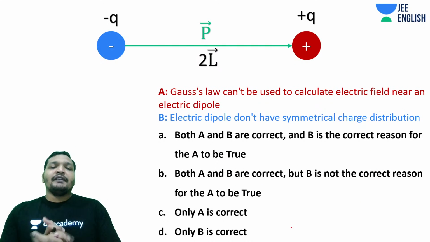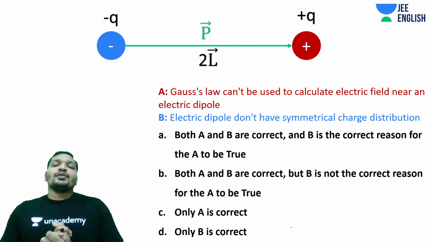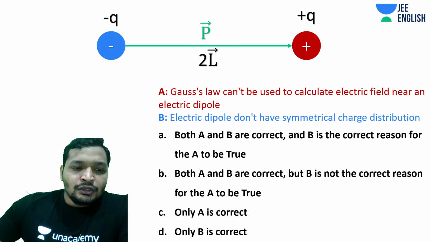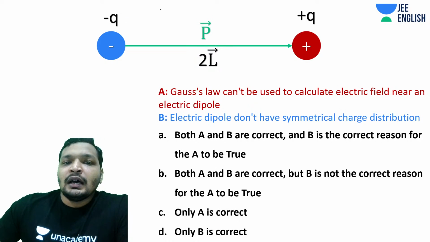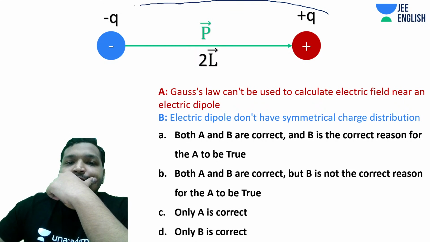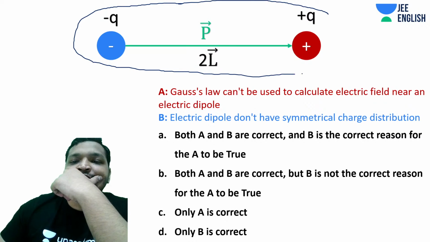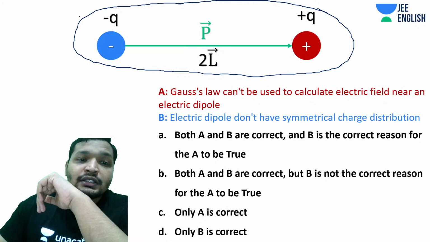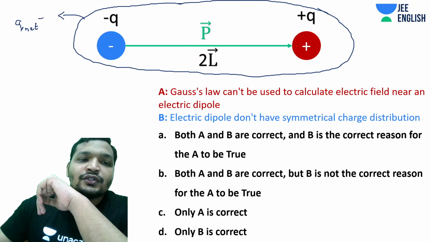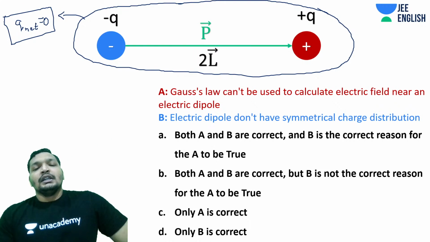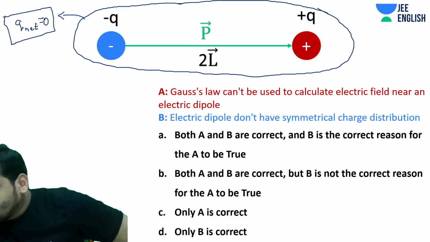Now comes a very interesting question for you to think about. So this is my question. Okay, students, think about it carefully. Now this electric dipole has minus Q and plus Q in it. Let's say I'm drawing a Gaussian surface, like a cylindrical Gaussian surface or something, and what I'm asking you now is, if I'm drawing this surface, what is the net charge? If you remember, an electric dipole should have net charge equal to 0. This is also 0 in this case, right? So does that mean